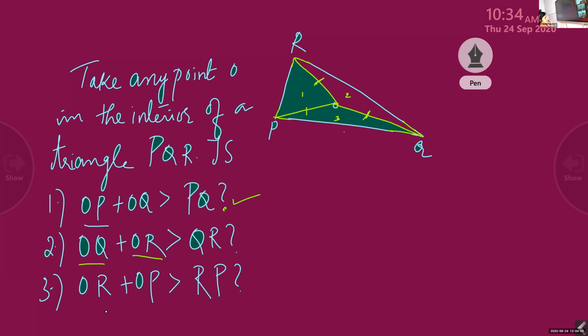Is it clear now? Yes, ma'am. Okay, this chapter has so many rules and properties we have studied, isn't it? So different types of problems can come when you write the final examination. Clear, children? Yes, ma'am. So I think this concept is clear to you now. Whatever you have studied, it's an application of what you have studied.